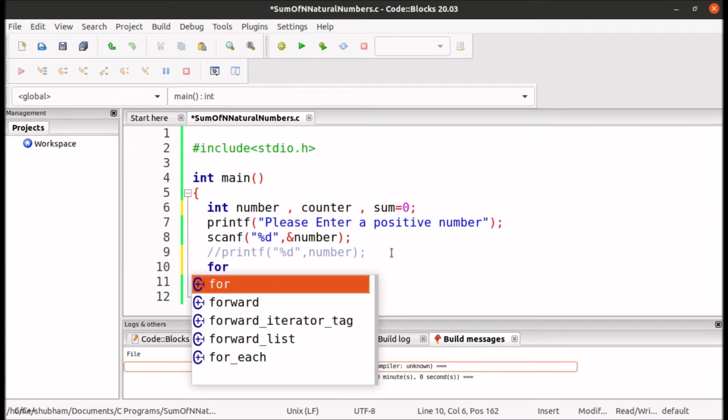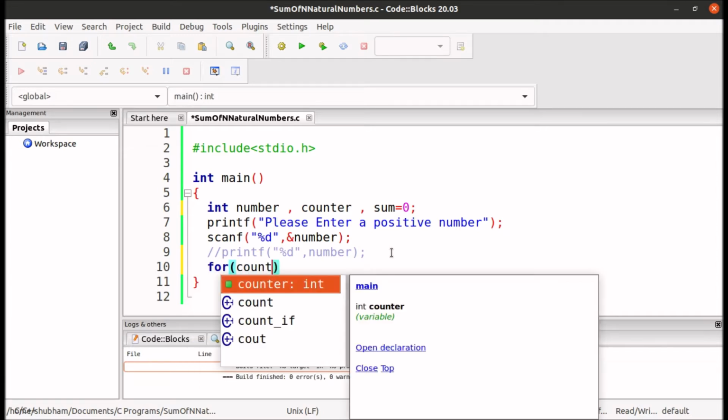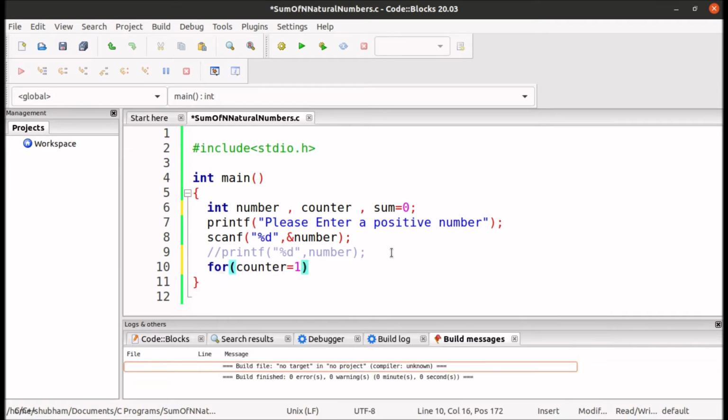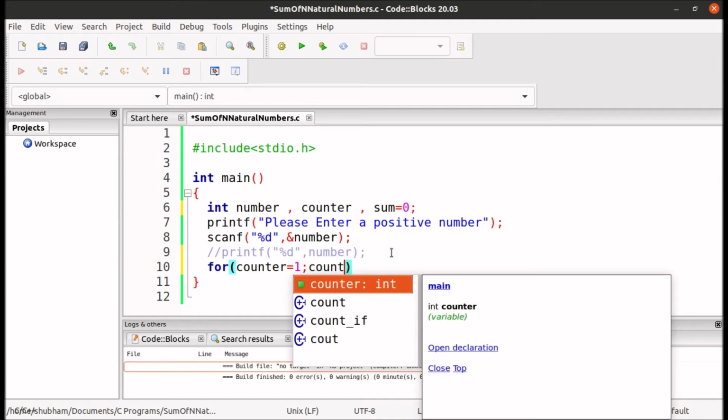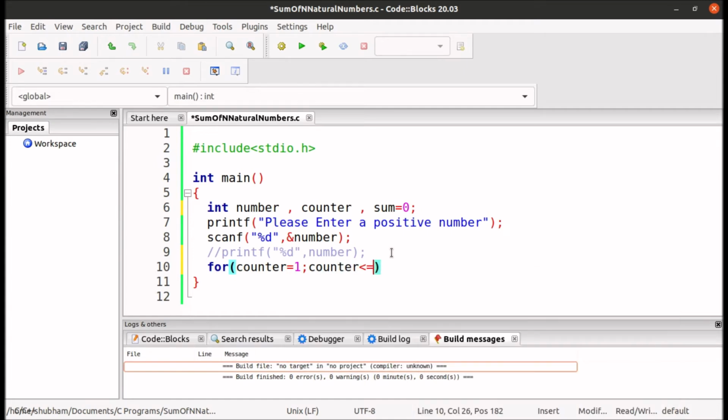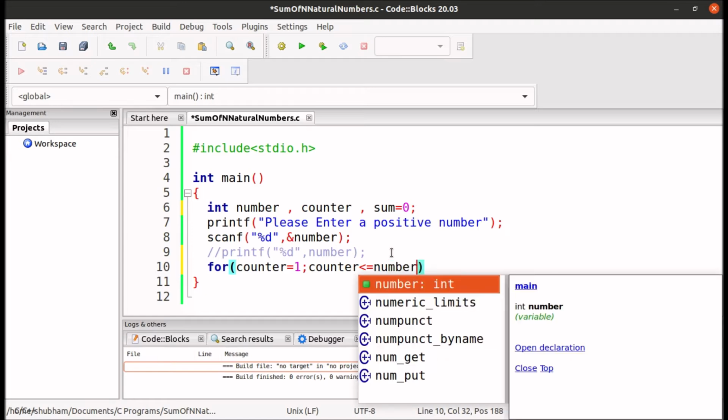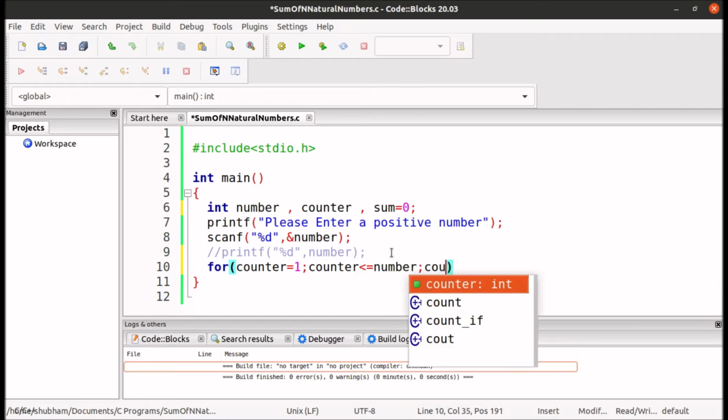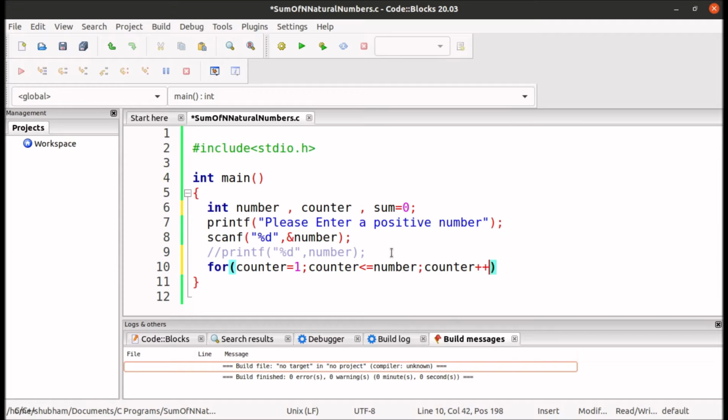So we'll write a for loop, counter equals to 1. We want to add the number from 1 to n, so counter will start from 1 and it will keep increasing until the variable number. That's why plus plus.